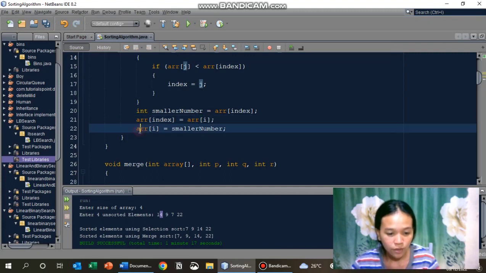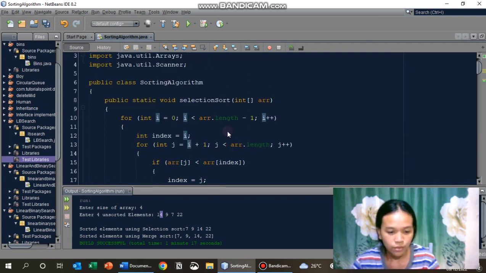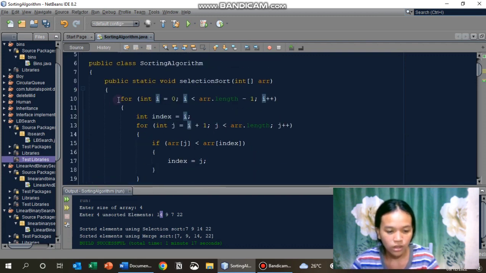So array index i, which is 7, is equals to the smaller number. So the value of our index 0 is 7, then it would be the first sorted value in our elements. So the program will go back to the for loop,